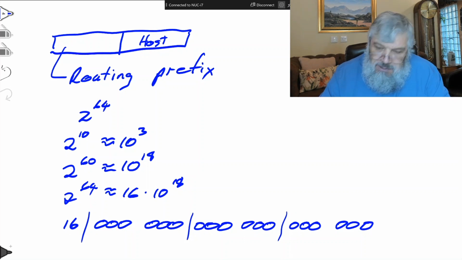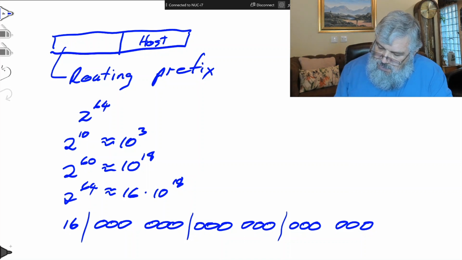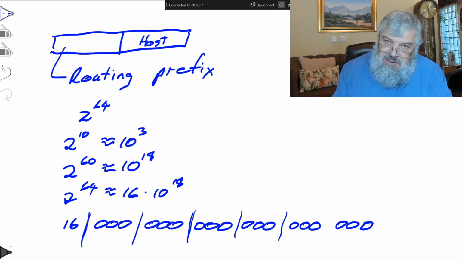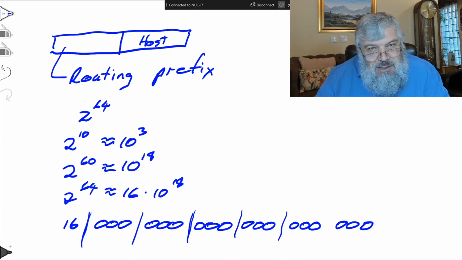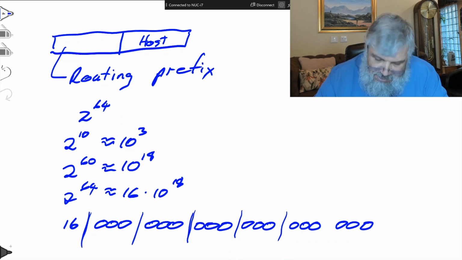Now we all know that the Americans went to 1 million, and there they decided that they're going to call that 1 billion, they're going to call that 1 trillion, that's probably a quadrillion, and that's probably a quintillion. So in American English, which for these numbers is probably used all over the world nowadays, it means 16 quintillion possible hosts on our network.